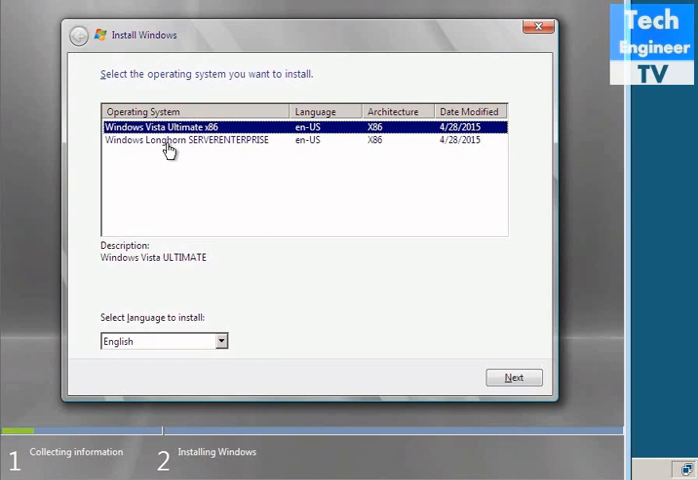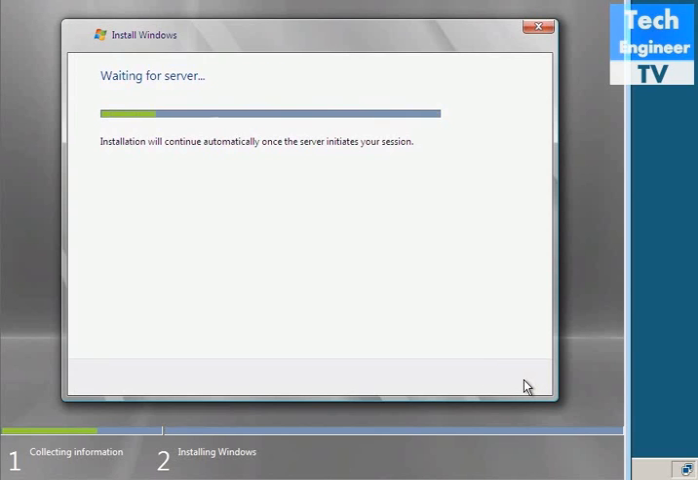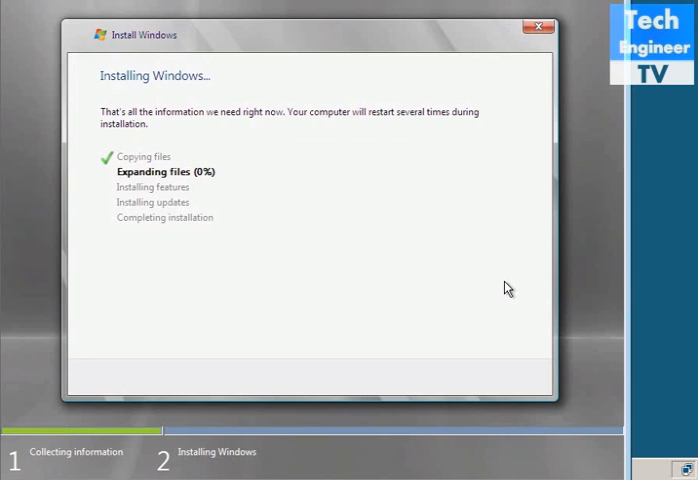So currently we have two options of operating system: Vista or Server Enterprise, which is the 2K8 Server Enterprise. I'm just saying I want Vista. It's asking me, the disk allocated space is 16 GB. I don't want to create a partition, I just want to install the operating system on the disk. So installation will continue automatically once the service initiates your session. Okay, it's done. It starts installing and we're all set to get our operating system from WDS. Thus, the process started. So I hope you learned something about WDS. It's a very cool thing, and I hope